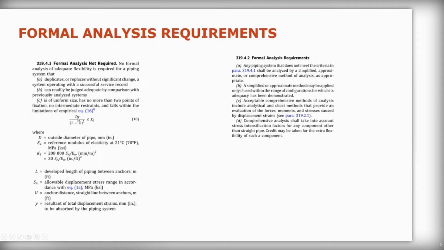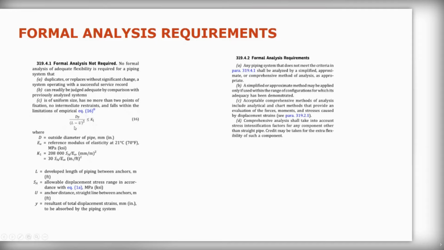And this is basically looking at the outside diameter of the pipe, the distance that it needs to absorb, then the distance between anchors, the developed length of piping between anchors. Developed length means the total length of all the pieces of pipe put together. And the U in this is the anchor distance. That's a straight line, as the crow flies, between the two anchors. You take the difference between those, solve this equation, and if it is less than this constant K1, and this is different depending on the units you're using, metric or imperial,